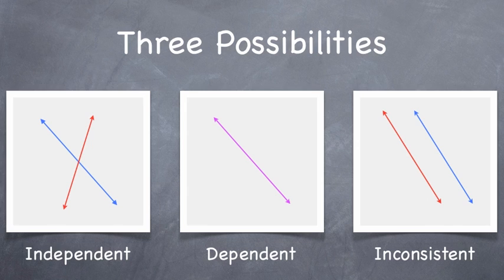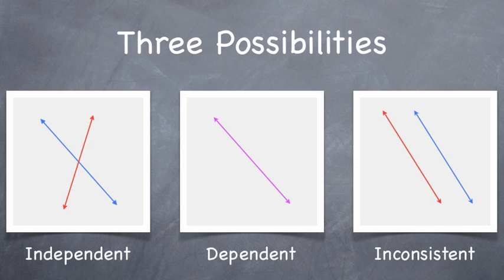Now, when we have two equations in two variables, we only have three possibilities. One possibility is there's going to be exactly one solution. This is going to be the case that we encounter the most. So the leftmost picture describes what's going on there. When we have exactly one solution, we say that we have an independent system. So this corresponds to two different lines at two different angles that intersect at a single point. So an independent system is going to be the most common one that we encounter, but it's not the only